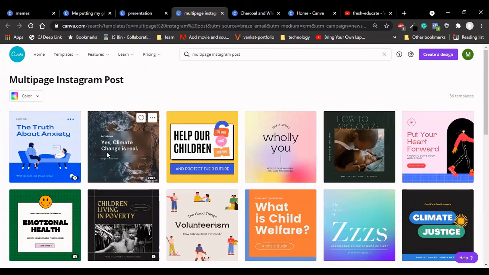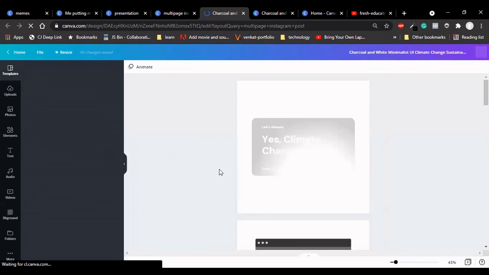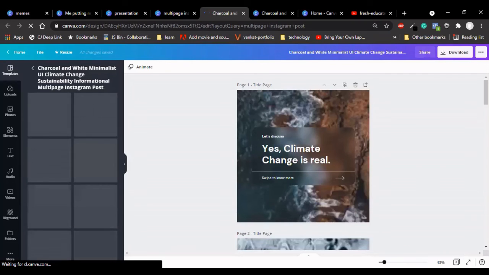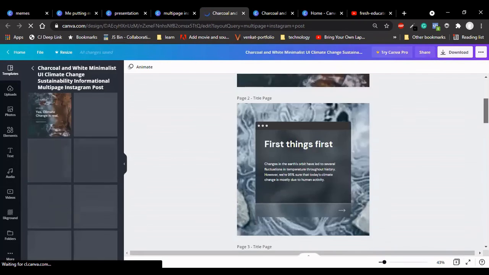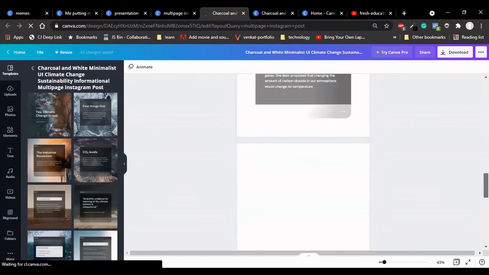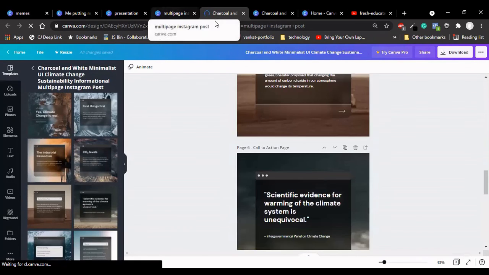You can get this multi-page Instagram post and update your content, like an after or before post, and scroll through like an Instagram post. You can discuss what the creative content is, and you can do that from this multi-page Instagram post.